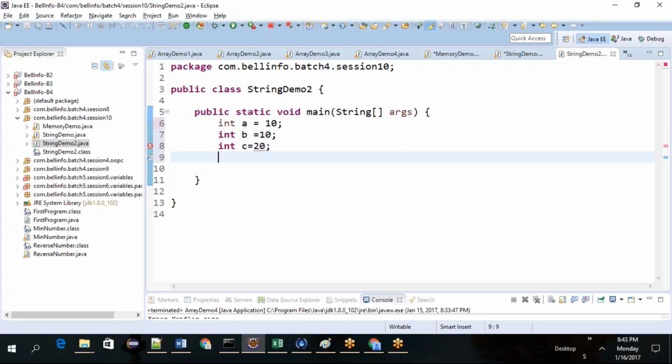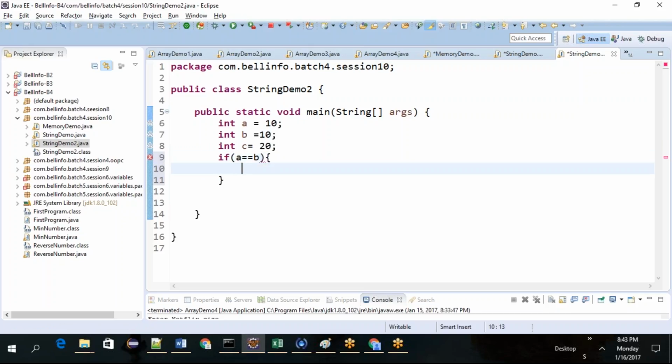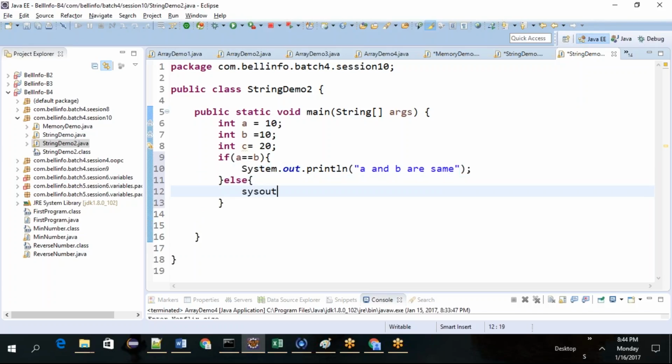So can we say a and b are same? How do we compare? If a double equals b, then you can display with SOUT "a and b are same", else "a and b are different".